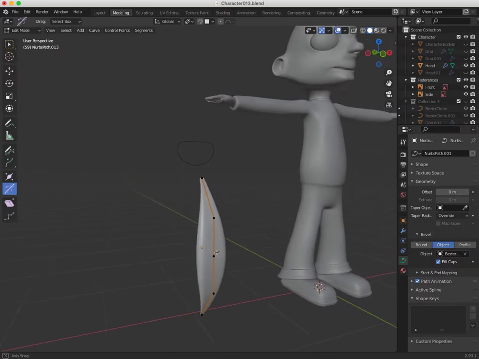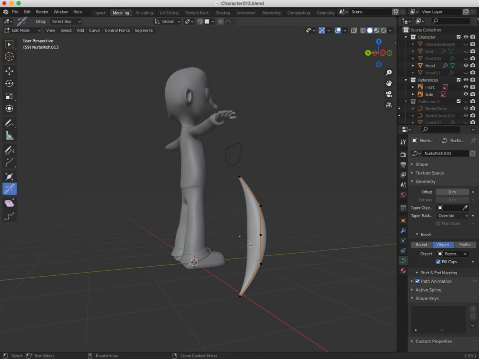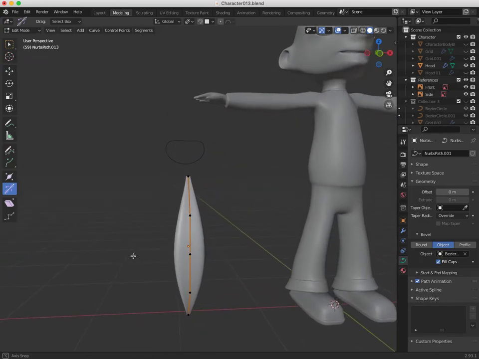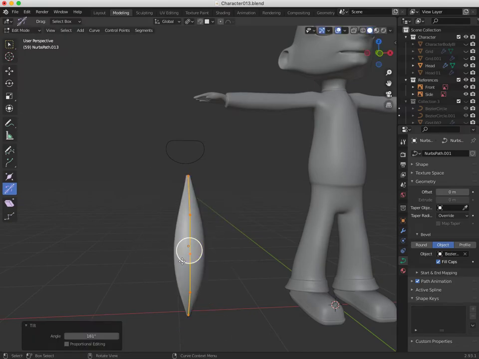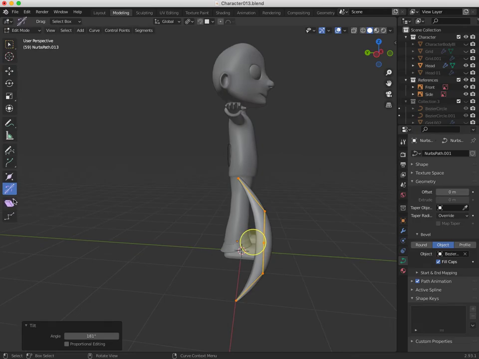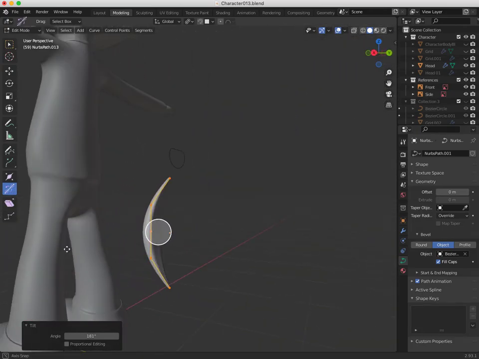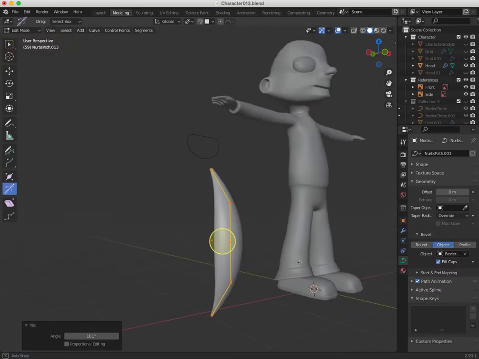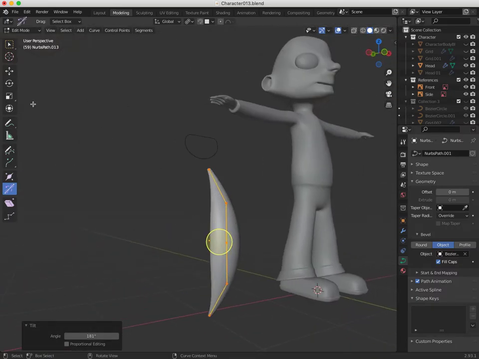I actually wanted this to be the opposite. I want the round area to be at the front, and I think, yeah, I can tilt. Yeah, I did that. I just used the tilt, I select all of them. I used the tilt, and that was the other way around. So the flatter area is at the bottom, and this is what I want to be at the top. Okay, so